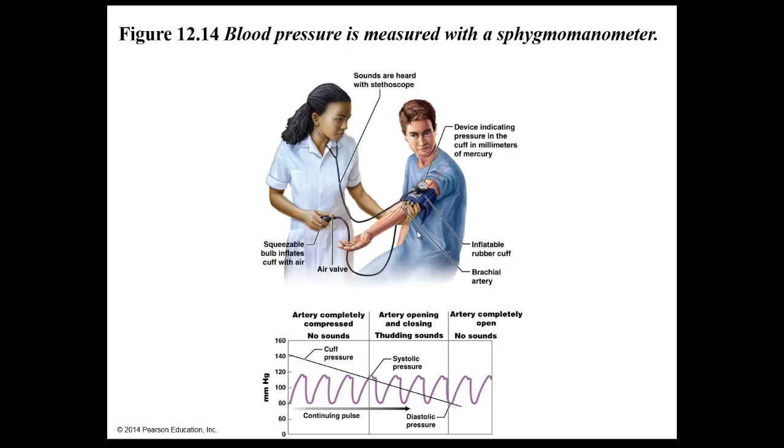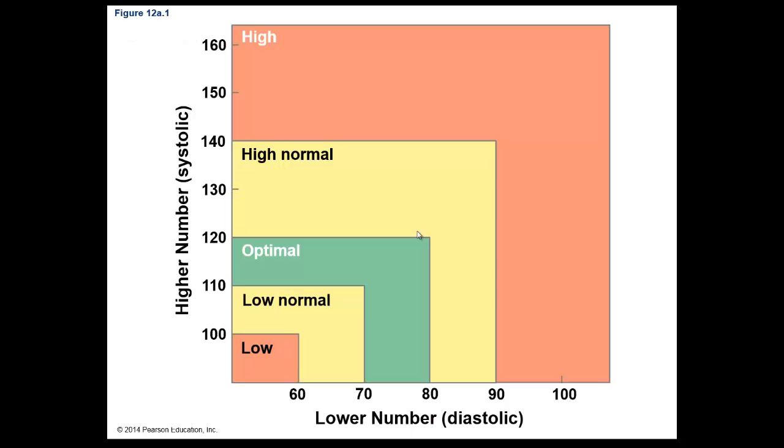So here's some numbers kind of showing you what is ideal. Ideal is anywhere from 110 to 120. Anything over 120 to 139 we consider high normal, and anything 140 or higher is considered high blood pressure. And we can have high blood pressure occasionally if you're going through a stressful time, but if we see high